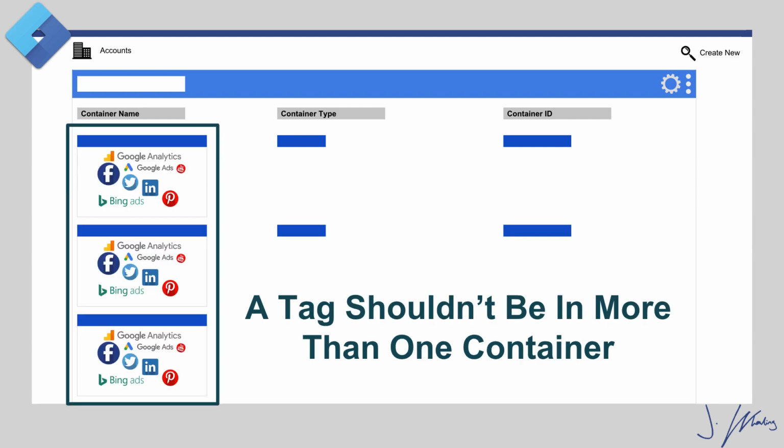in one container. So if you have a Facebook ads account, you have a Google ads account, that remarketing code or that Facebook pixel should only be in one container. Unless you're doing something advanced and super ninja with your marketing, we really want to make sure that we stay organized and keep one tag in one container.